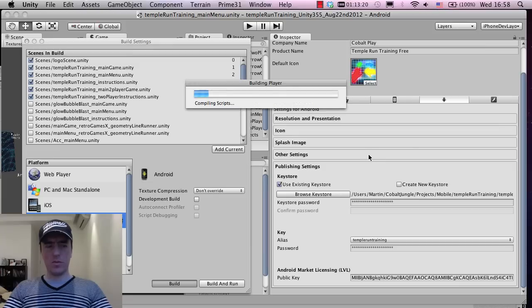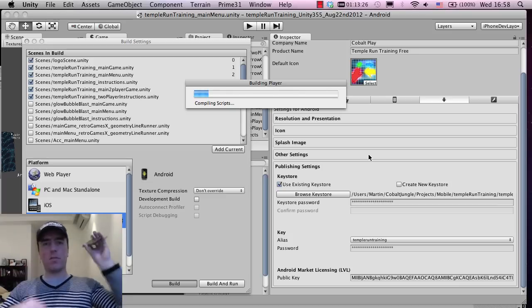And what that will do is that I'll actually do a build onto my device now. And I don't need to do anything for the device for this to build. I've just plugged it in through the